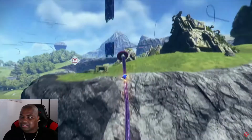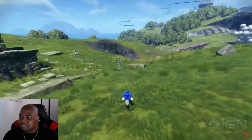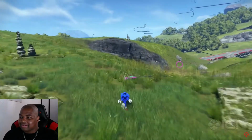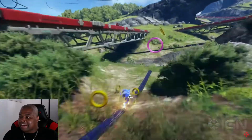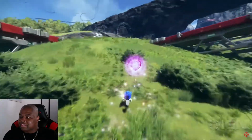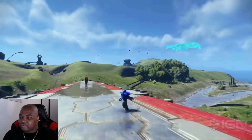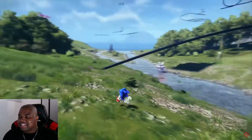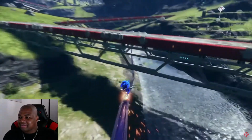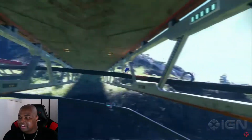So there's not really too much to go with in terms of saying this is good or bad. They're not giving us a whole bunch. What's concerning is that as he's going through this, there's nothing there. There's no creatures, no robots, nothing. Obviously there's no HUD, so we don't know if there's a timer,